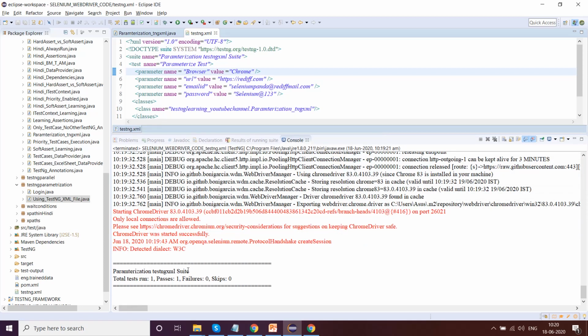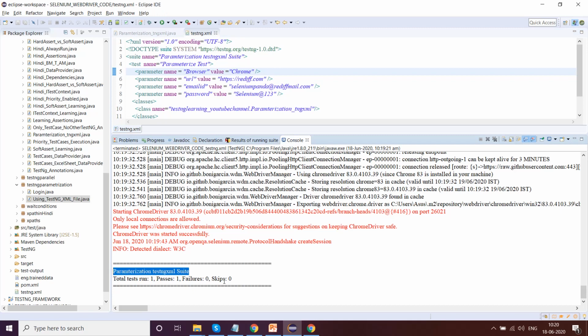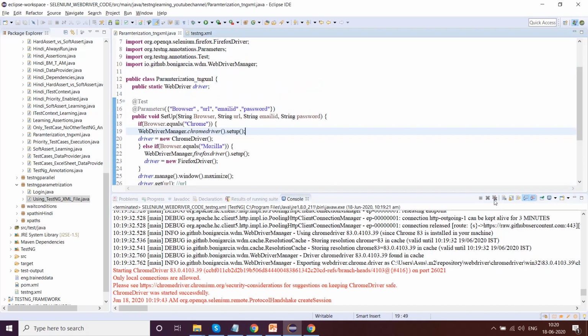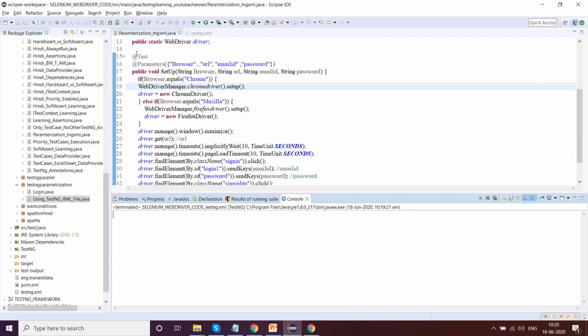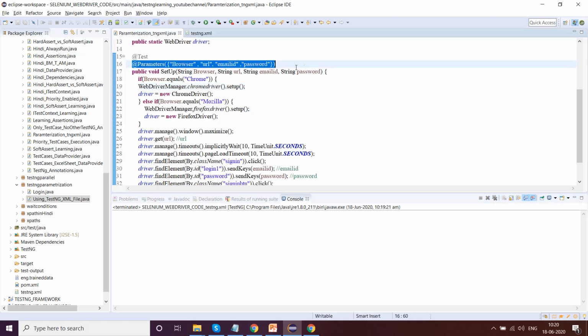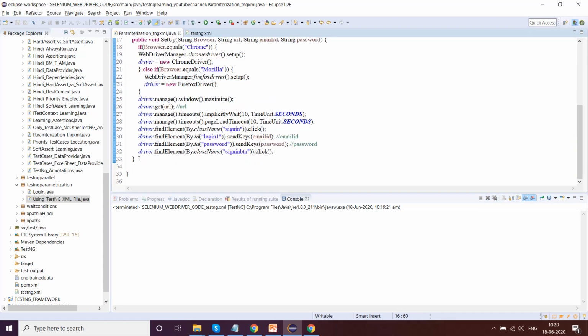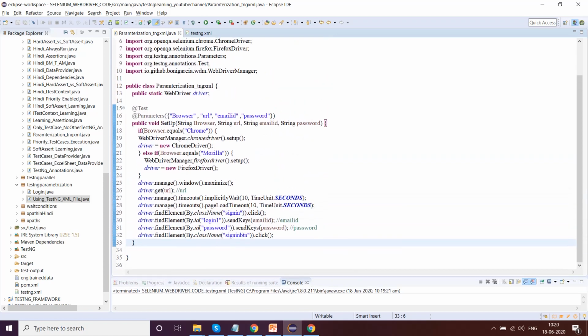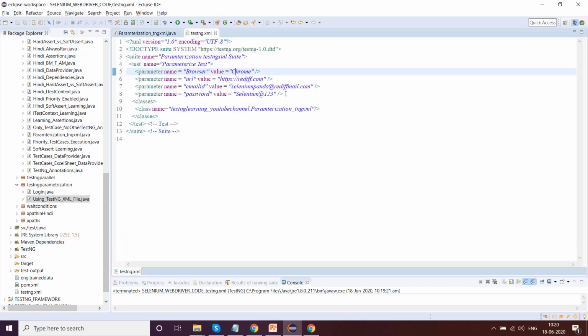So using parameterization in the testng XML suite, we have just one test case. Similarly, here I have just introduced one test case and I have passed these many parameters. You can go on and add more and more test cases, and equivalently you can pass all these parameters here.